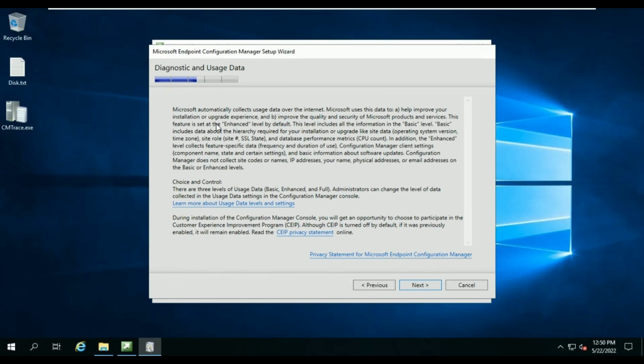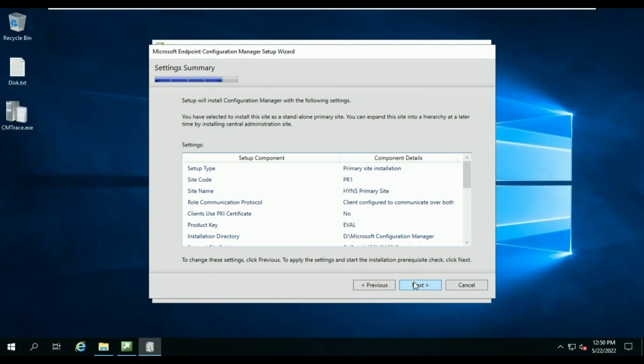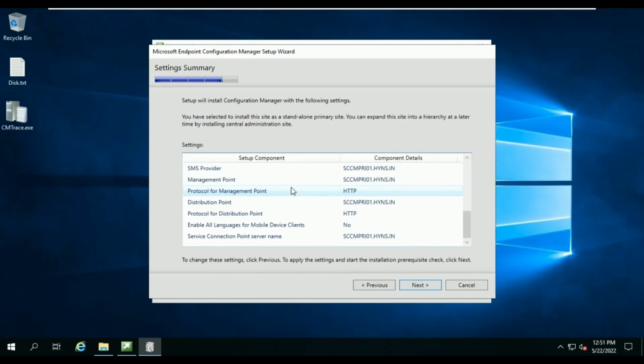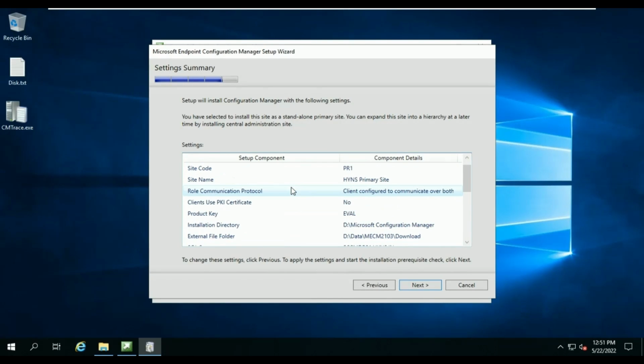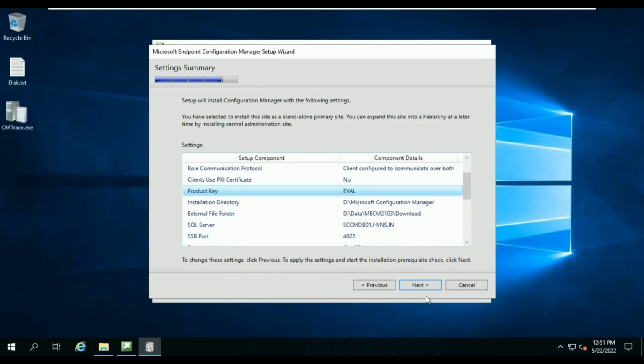Next, cloud connection point, yes. Next, this is a summary tab. Verify the summary that you have selected from the setup. Looks good. Next,